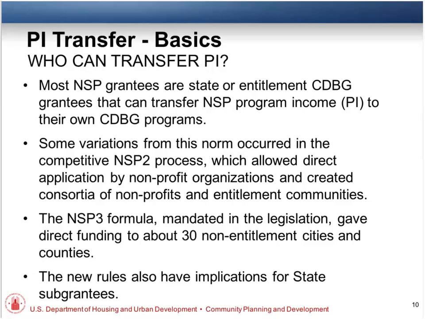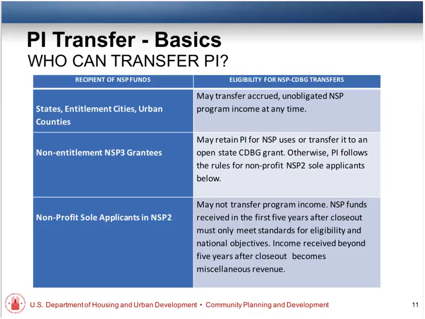And then when we got to NSP3, the legislation, the Dodd-Frank Act, actually gave direct NSP grants to 30 cities who were not direct entitlement communities, cities and counties, mostly in Florida, Michigan, and California. And then the new rules also have implications for state subgrantees. So let's go to the chart and see how this stacks up.